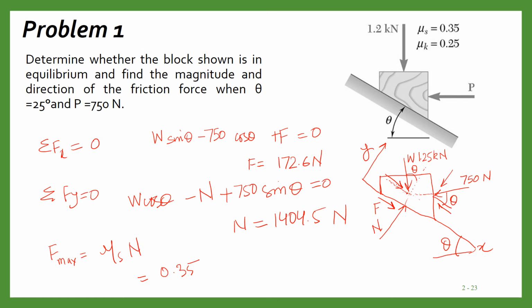And maximum frictional force will be equal to mu s into N, which will equal to, now mu s is 0.35 given here, into 1404.5. So maximum friction force is